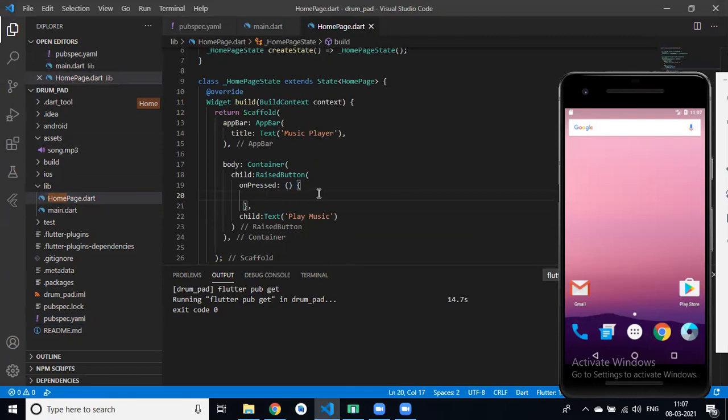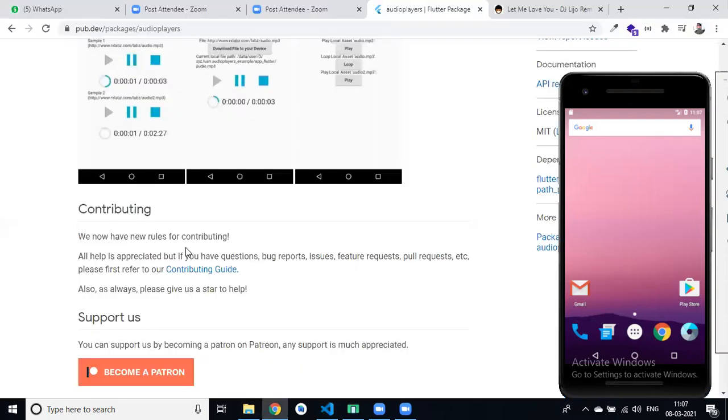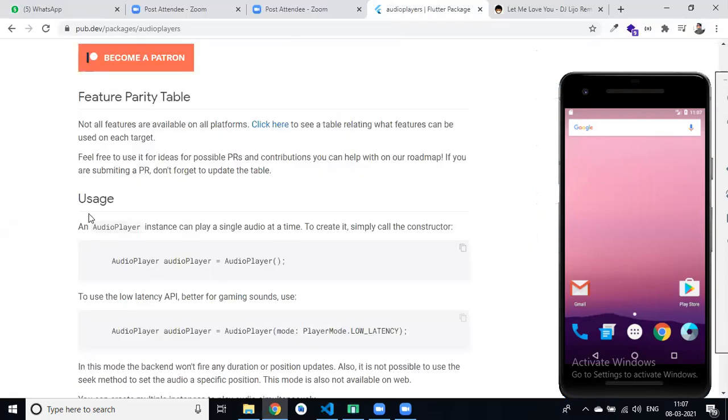In the on pressed method, first we have to create an object of this class, like simply calling the constructor of that audio player class.